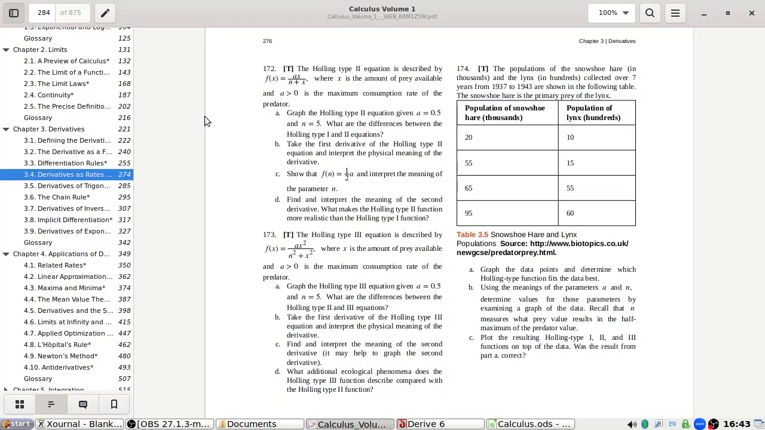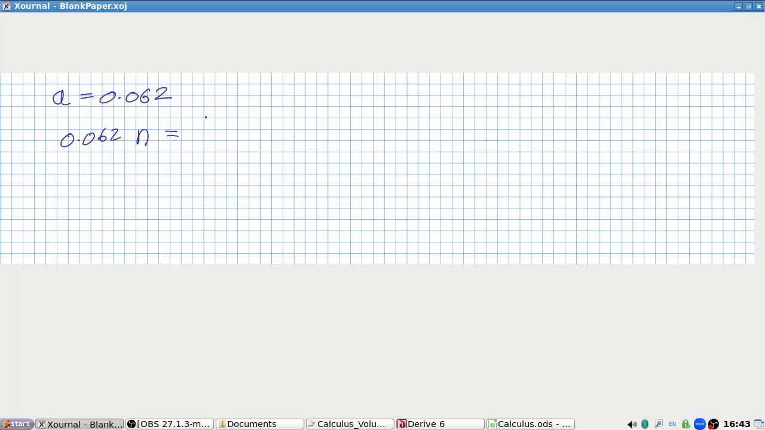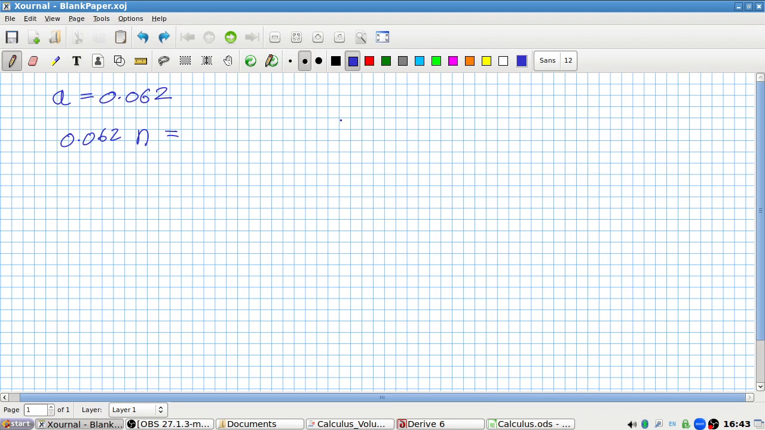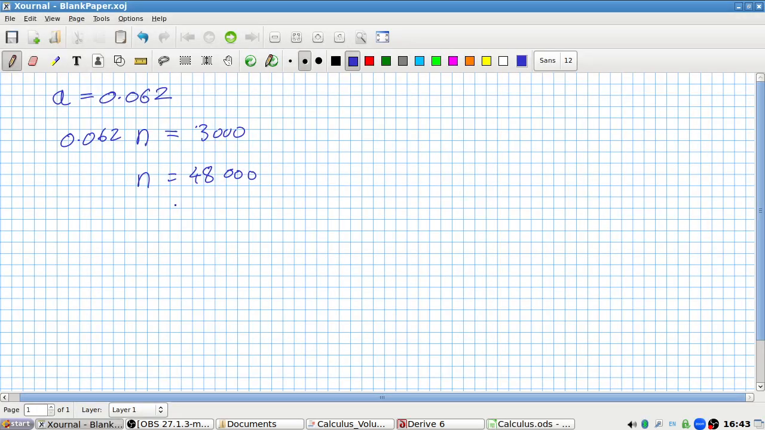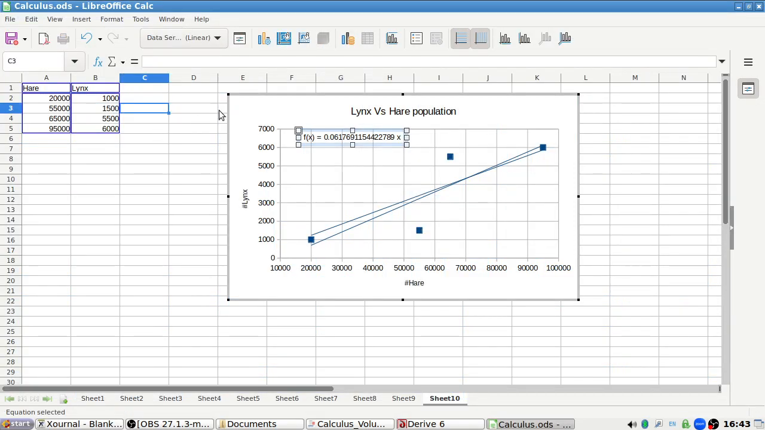Recall that N measures what prey value. So the prey value is the hare. So that's the X. Results in the half maximum, the predator. Yeah, no, that's right. 3,000. So that means N we think will be about 48,000. Does that look right? Yeah, that looks about right. Okay. All right. So now